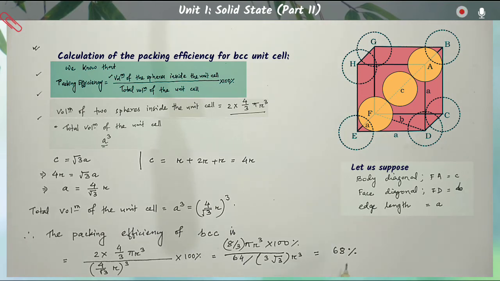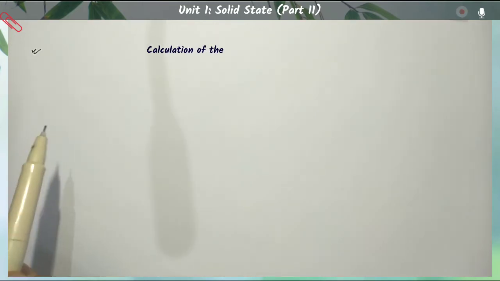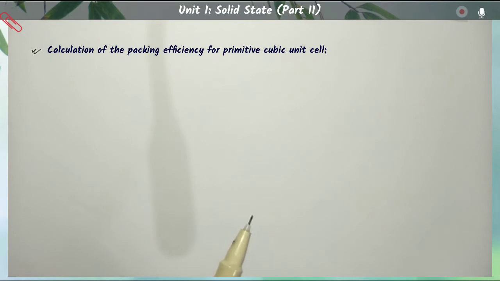is that only 68% of this cube is occupied by the spheres present inside that unit cell, and the remaining part will be empty space, or it will be in the form of some voids. Understand? So let us now calculate the packing efficiency for simple cubic unit cell or primitive cubic unit